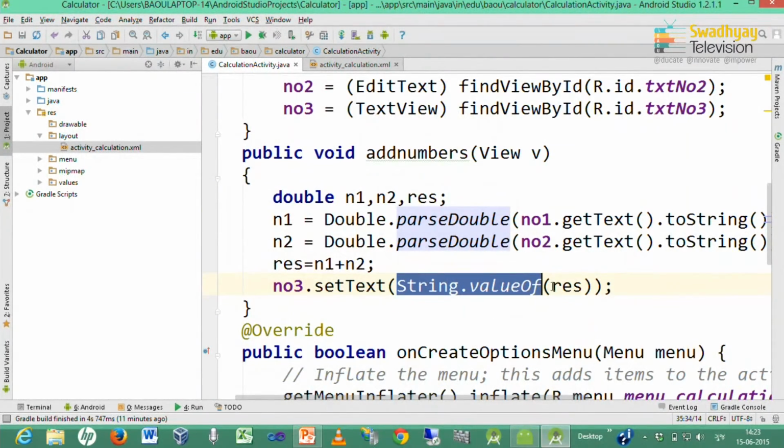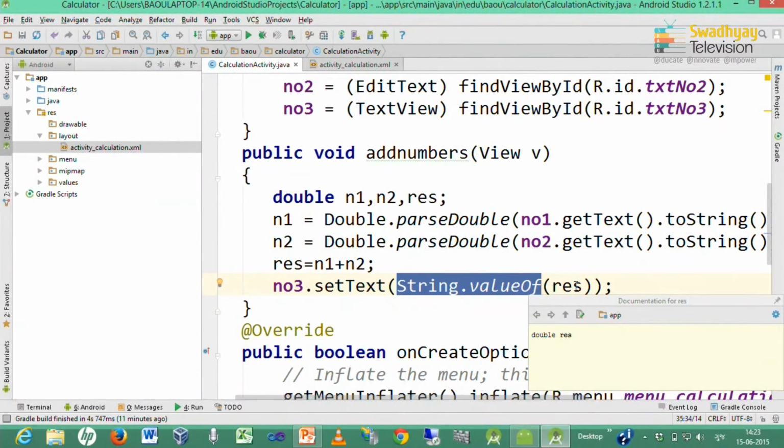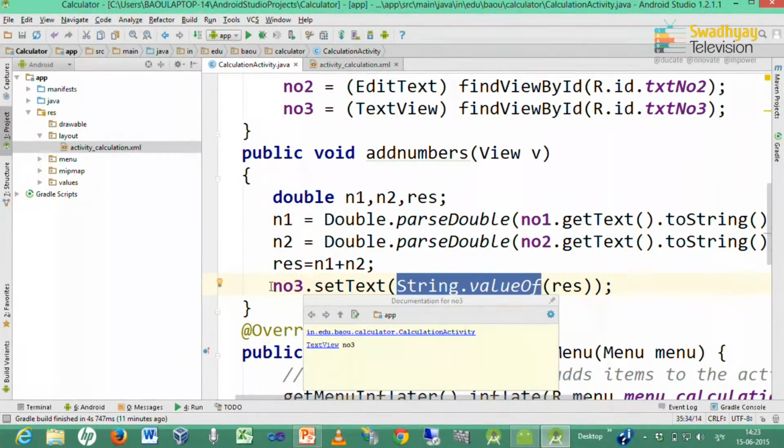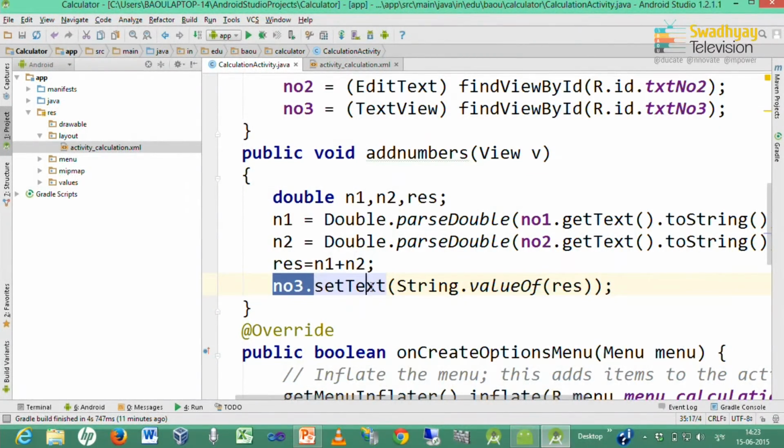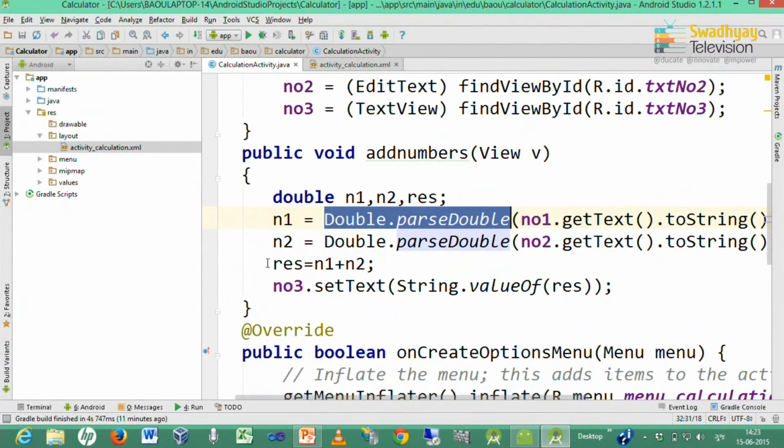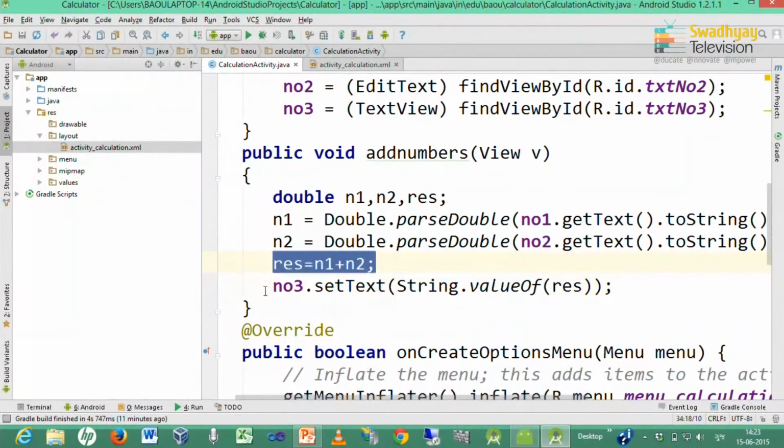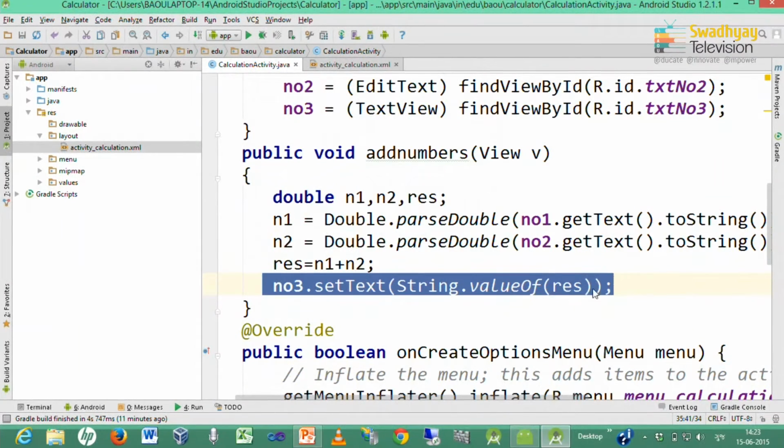Here String dot valueOf converts the number into a string, and that string is set inside the last text view. So, we have the code ready for addition. We fetch the two numbers entered by the user into the edit text and convert them into double using Double dot parseDouble. Then we add the two numbers and finally we display that number as a string in the last text view.